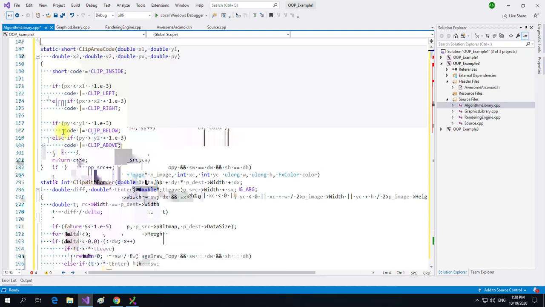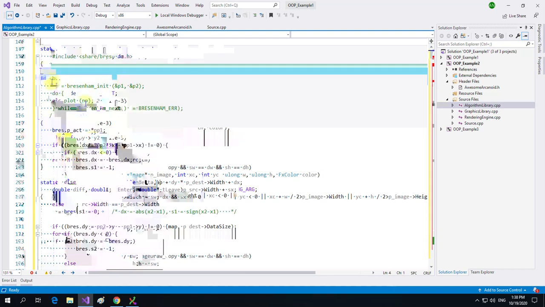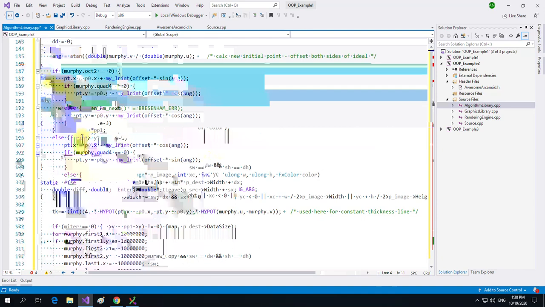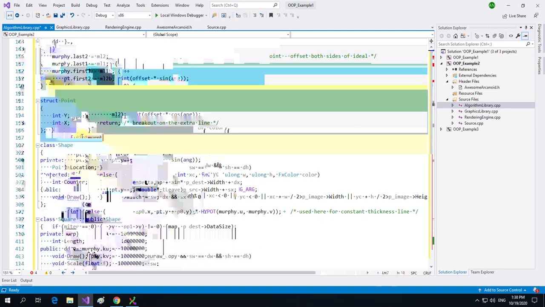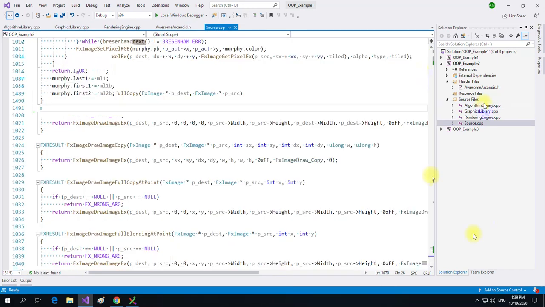Definition, we don't need this. Don't need this. Don't need this. Don't need this. Don't need this. And don't need this. So if we look at the source, we can actually extract one more file,